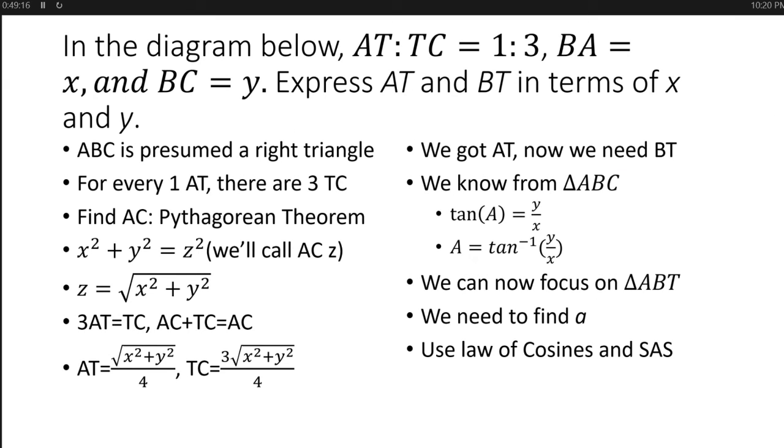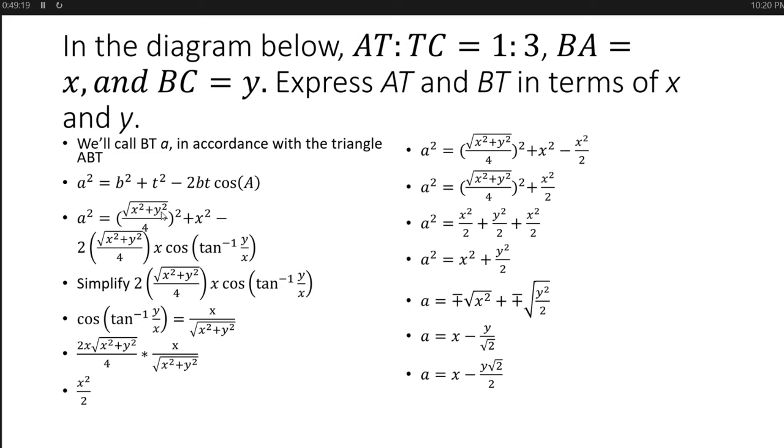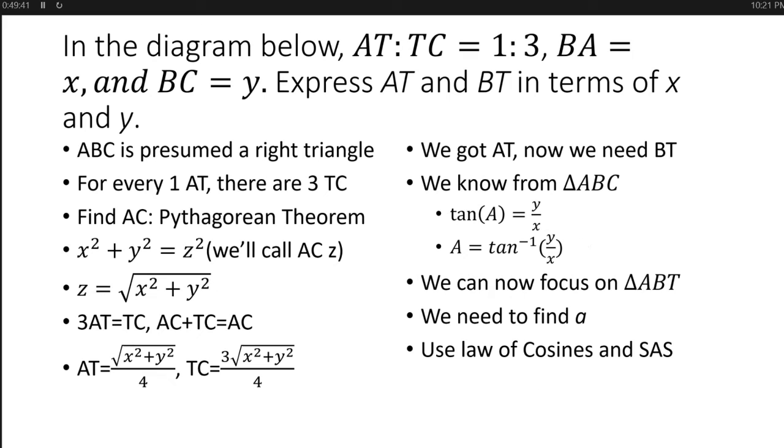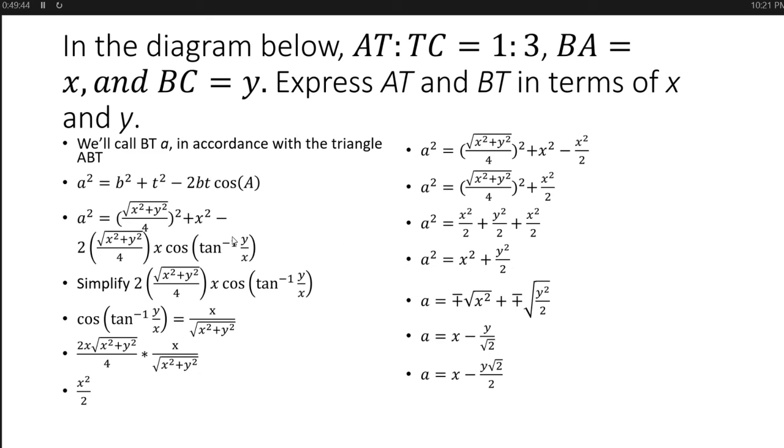So we know b squared is going to be root x squared plus y squared over 4, squared. T is x. That's opposite to angle t, so that's x, which is just x squared. And then subtract 2. This is b, which is same as here, and then x. Cosine a. And then we already said that a was inverse tangent y over x. So we'll put that right there. And then we got to simplify. So 2 root x squared plus y squared over 4 times x times cosine of inverse tangent of y over x can be simplified